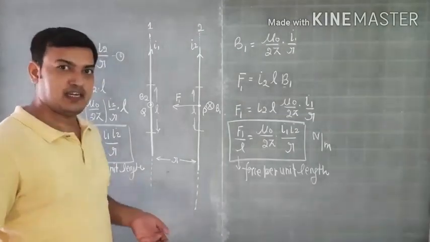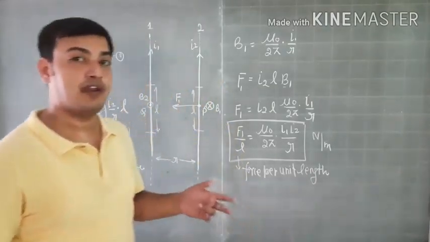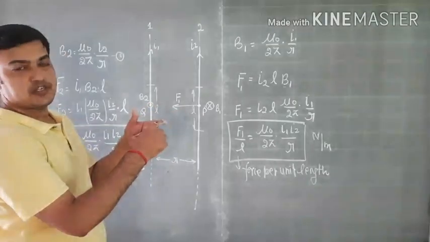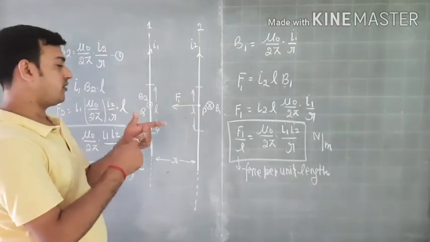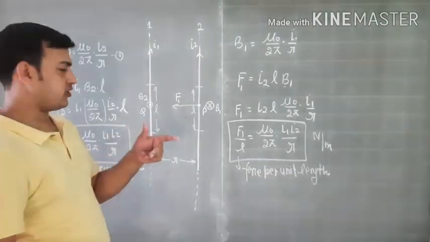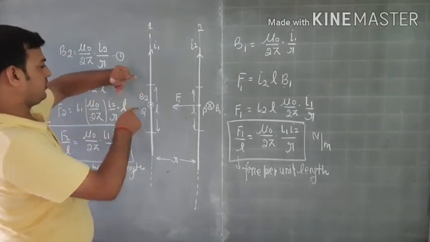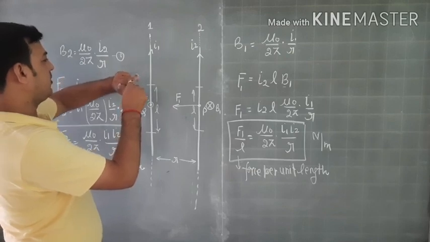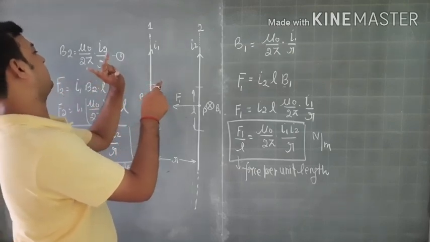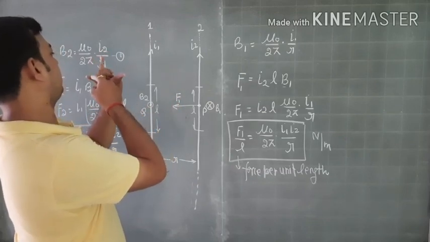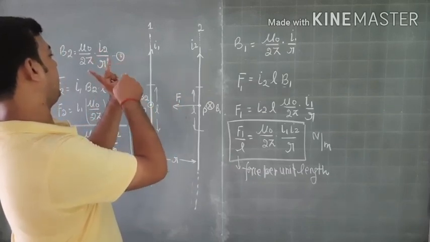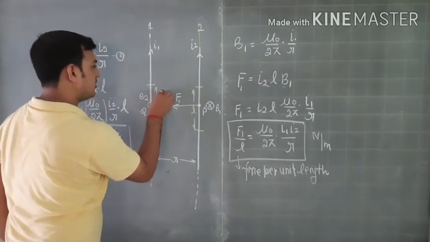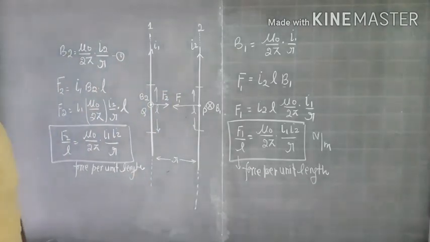So once again we can apply both the rules. I am going to apply Fleming's left hand rule, and for that we have to keep the forefinger in the direction of magnetic field, middle finger in the direction of current, and in that case the thumb will give me the direction of force. So my magnetic field is outward, so I will place my finger like this, and the current is upward, so I will rotate my hand like this. So this is magnetic field, this is current upwards, and in that case the thumb is towards left. It means this F2 is in this direction.